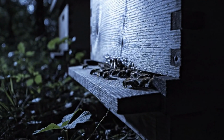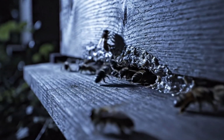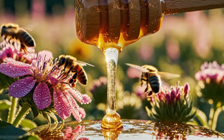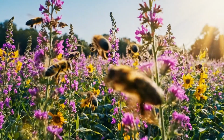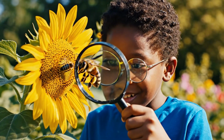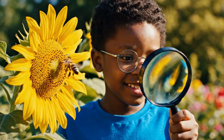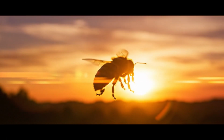As night falls and the hive quiets down, the hexagonal walls stand firm, protecting the colony until the sun rises again. From a drop of nectar to a geometrical masterpiece, the story of the honeycomb is a story of nature's brilliance. It invites us to look closer, to ask questions, and to appreciate the intricate designs that exist right under our noses. We hope this deep dive into the world of bees has given you a new perspective on these